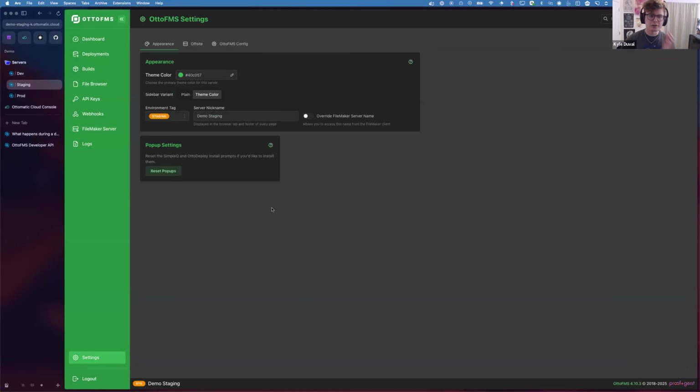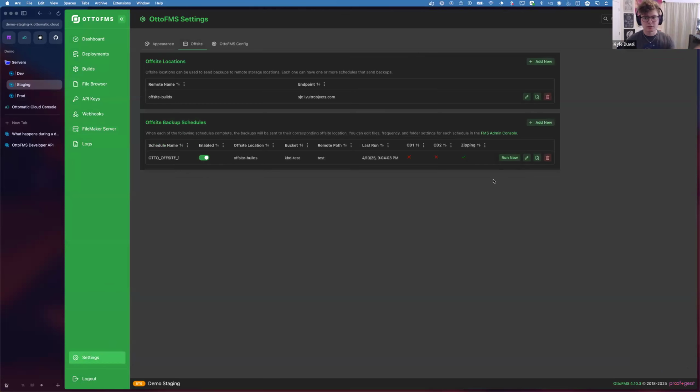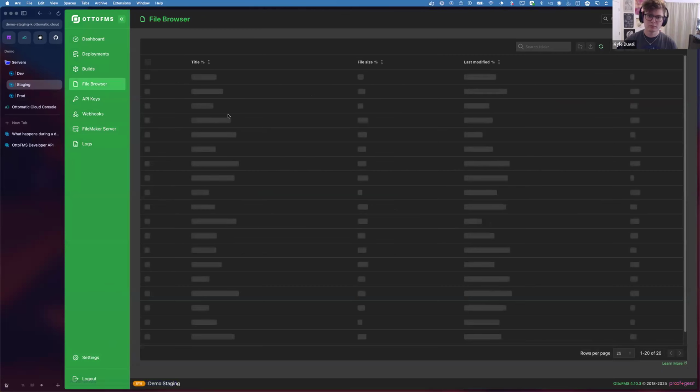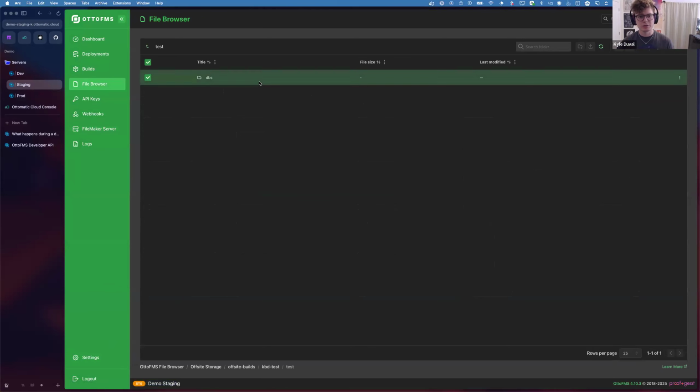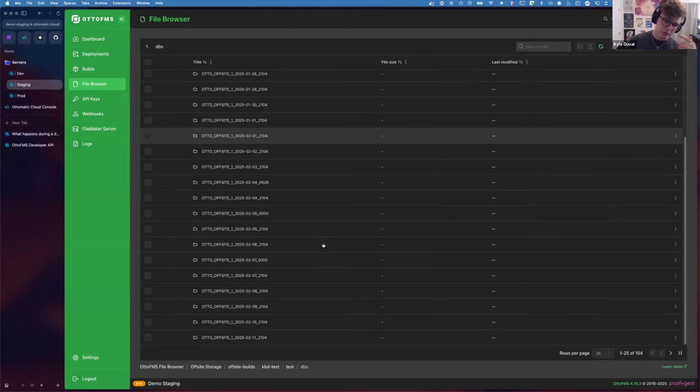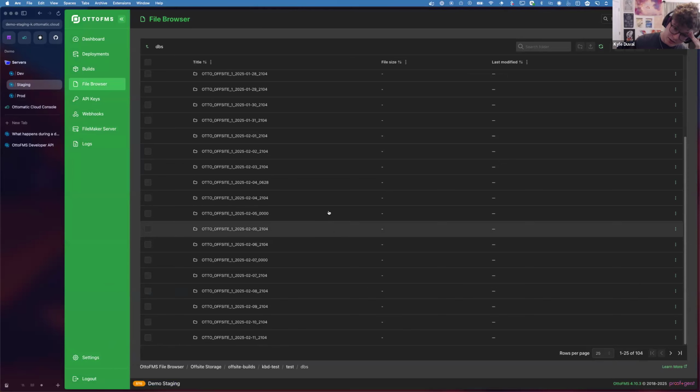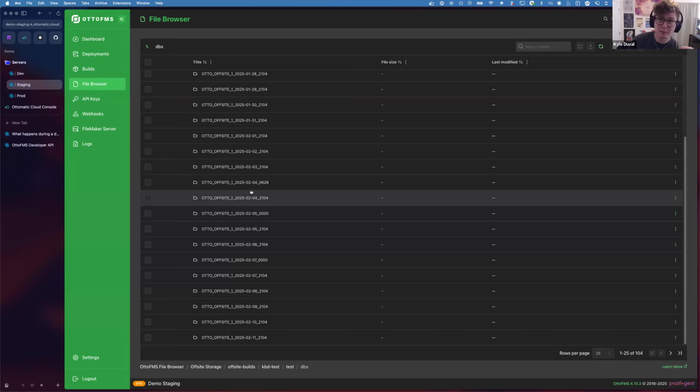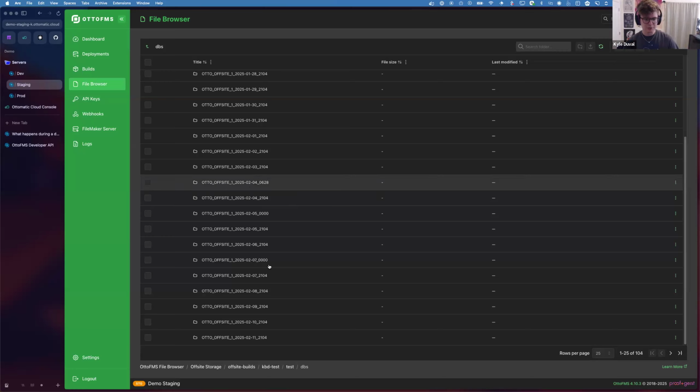We do. Offsite backups push up a set of files, which are in this DBs folder, and then there is an API to list the files within this folder. So you could write a script that lists the files in this folder and finds the newest one.